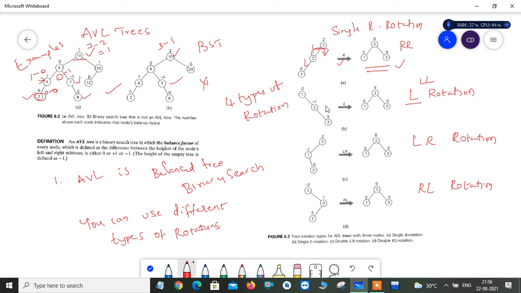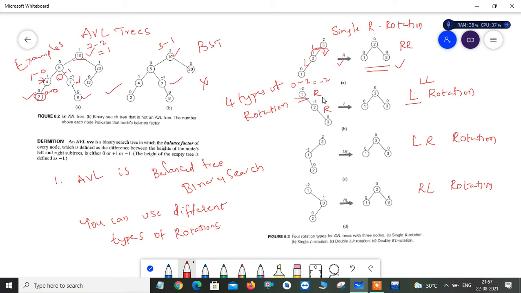Okay, so now see, this is the RR problem. Here at this node my tree is not balanced, because on the left side I didn't have any child. So I can take it as 0. The height of the left subtree is 0, whereas the height of the right subtree is 2. So what is my balancing factor at this node? It is minus 2. When I get minus 2, at this level my tree is not balanced.